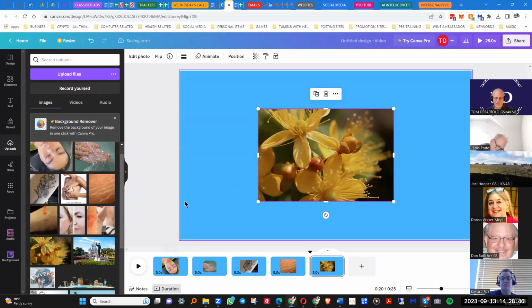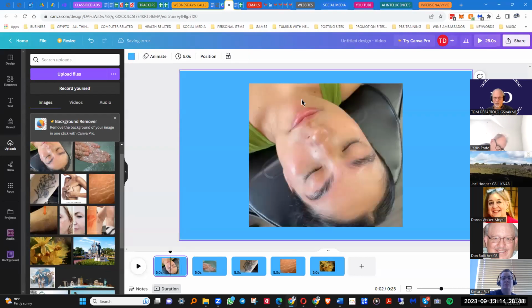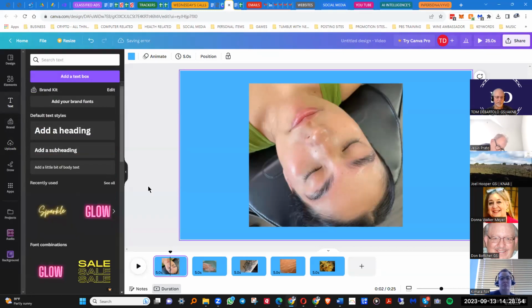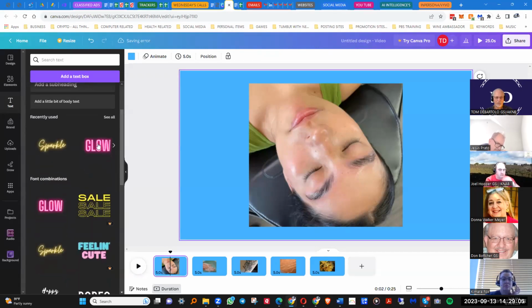So let's go back to the beginning by clicking on the first one. Now over here on the left, the third one down from the top says text. So you click on the text and you can have a lot of fun with this. There's a whole bunch of different things. You can do regular text, headings, subheadings, or these different things here. But down here on the bottom, there's a crown, and it says Pro.